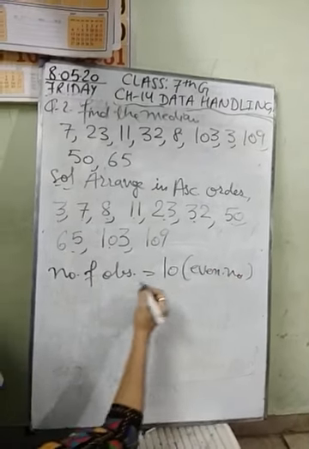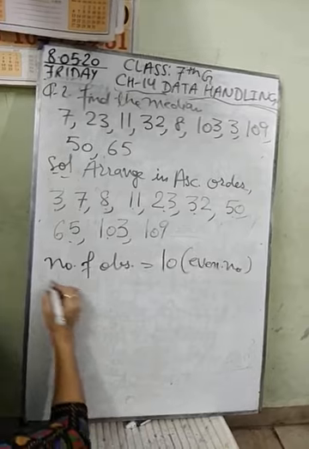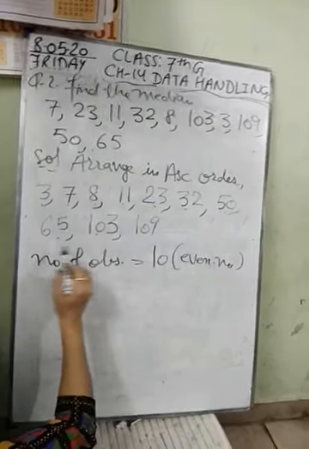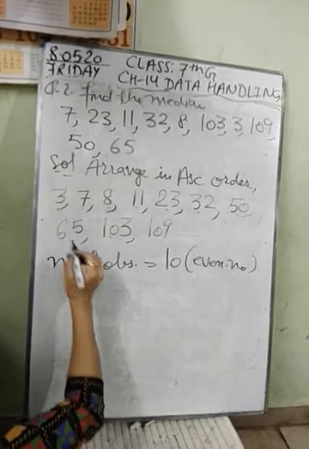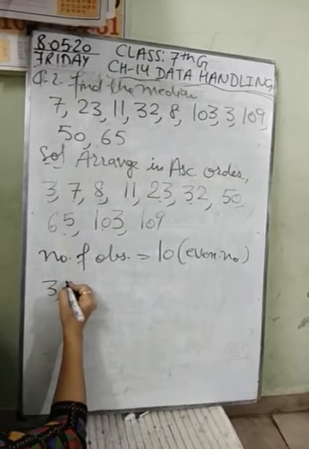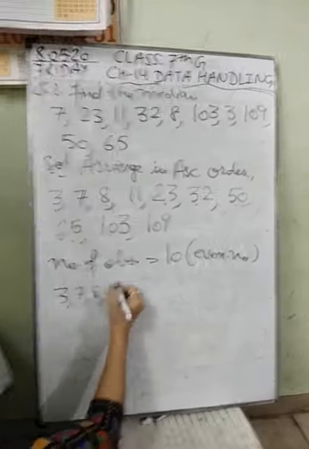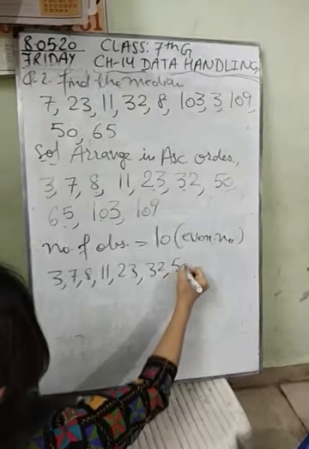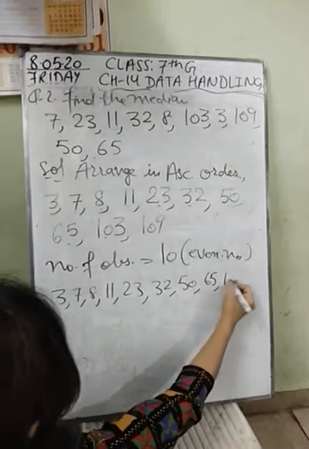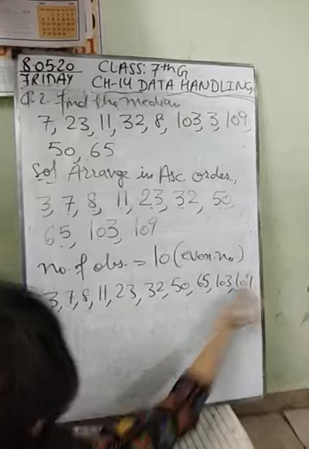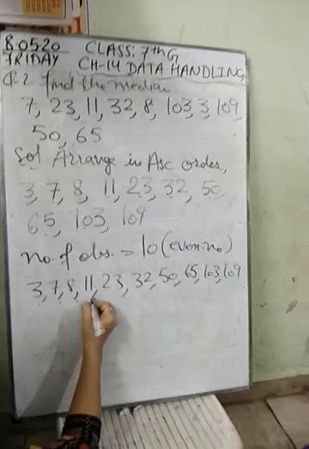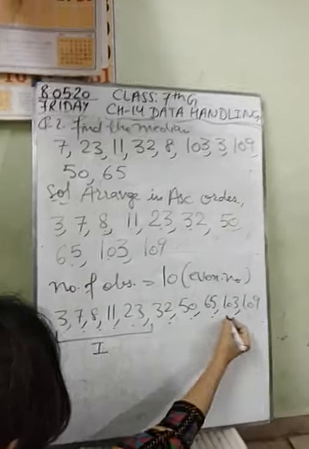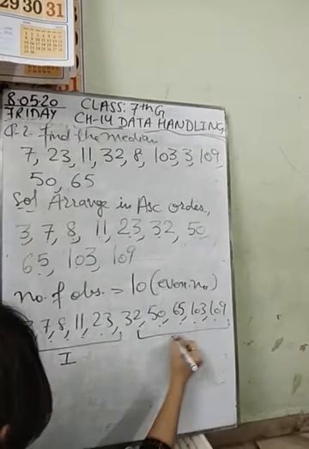So, when it is an even number, you should split the given data into subgroups. Okay, there are 10 numbers. So, first of all, you should make groups like this. I'm writing it once again because I have less space and it will be easy to understand how to divide into two equal groups. 1, 2, 3, 4, 5. Okay, this is your first group and 1, 2, 3, 4, 5 and this is your second group.